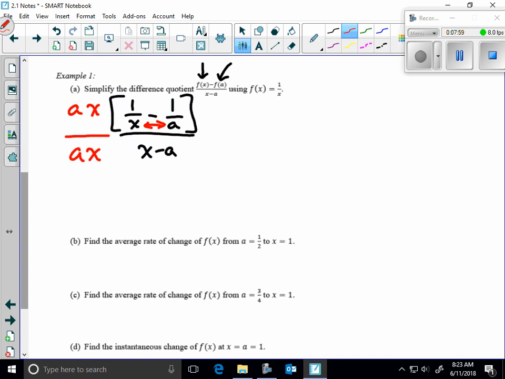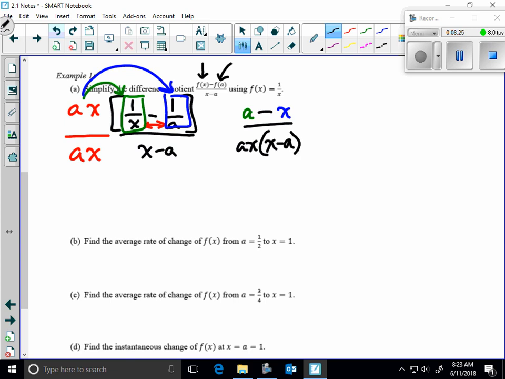by ax. So if I multiply this first term, I've got to distribute. If I multiply that first term times ax, it looks like I'll get a. If I multiply the second term times ax, I think I'll get x. So I get a minus x over ax times x minus a. And there's a little bit more we can do here. You may or may not see it right off the bat, but the numerator can be turned into negative x minus a. We'll put that over ax times x minus a, and something kind of cool happens. We get this